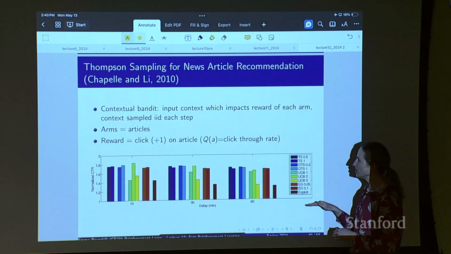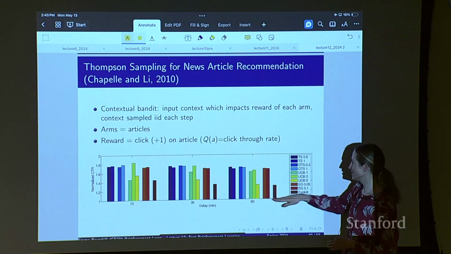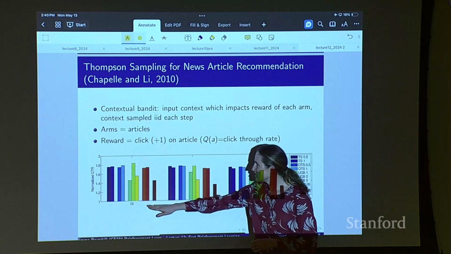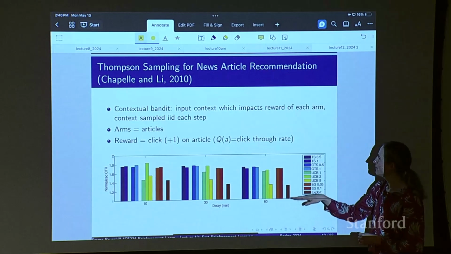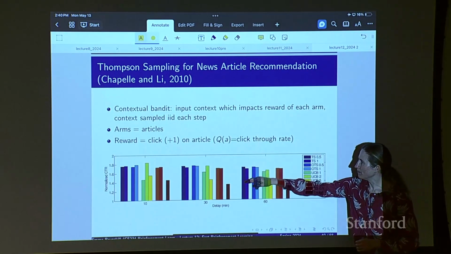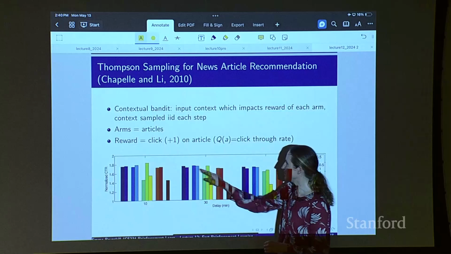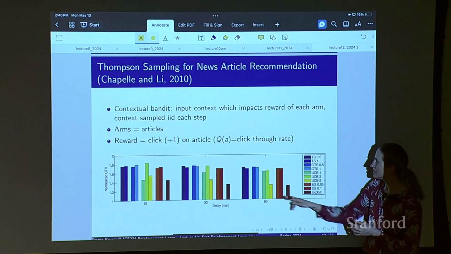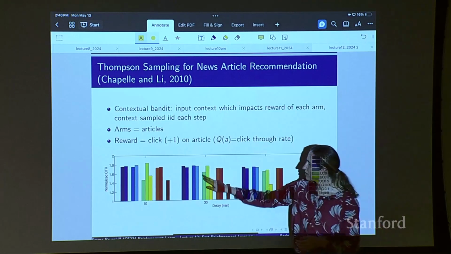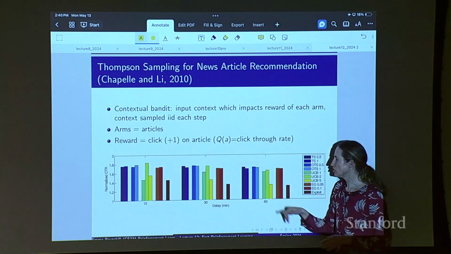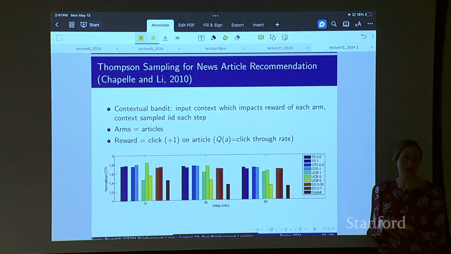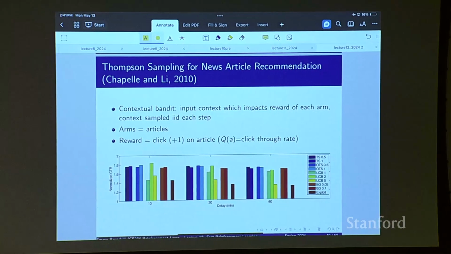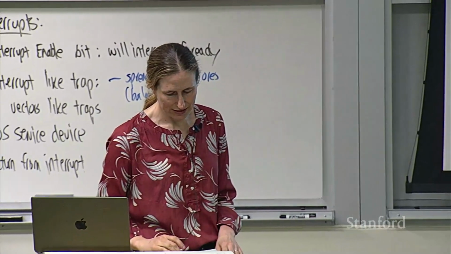I think the really interesting thing to look at in this case is to look across the time. So this is sort of the shortest delay, and this is the longest delay. You can see for the blue algorithm, it varies very little in terms of its performance, even if things are delayed a lot. But if you look at, say, UCB, its performance tends to drop a lot as you have longer delay. And so that is one of the reasons why you might want to do Thompson sampling in these cases.